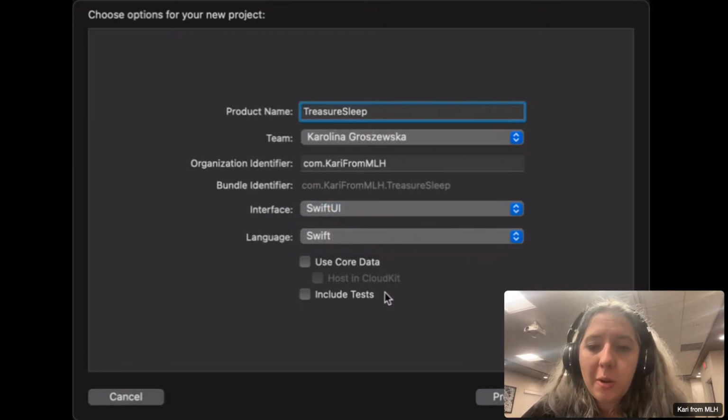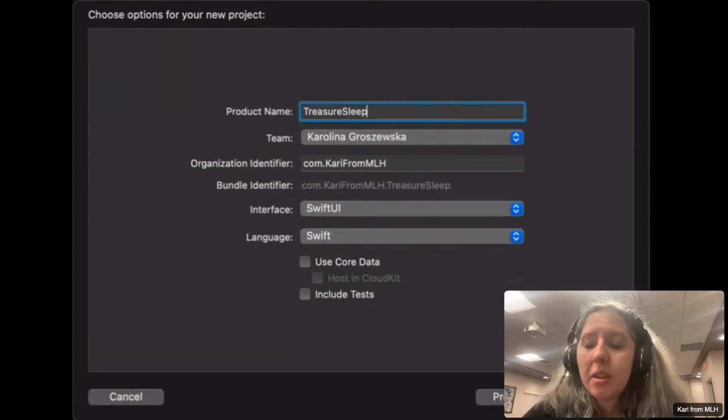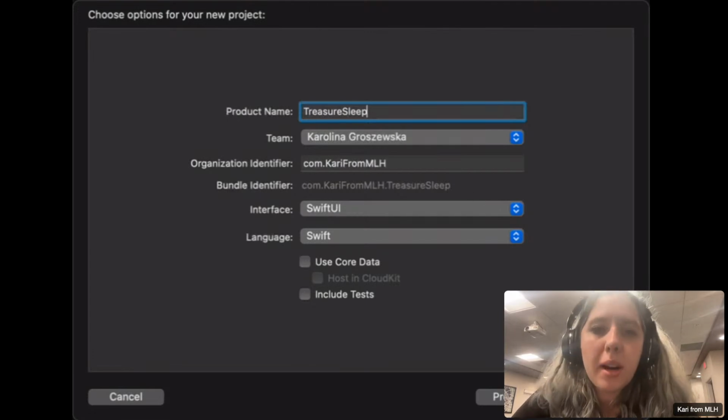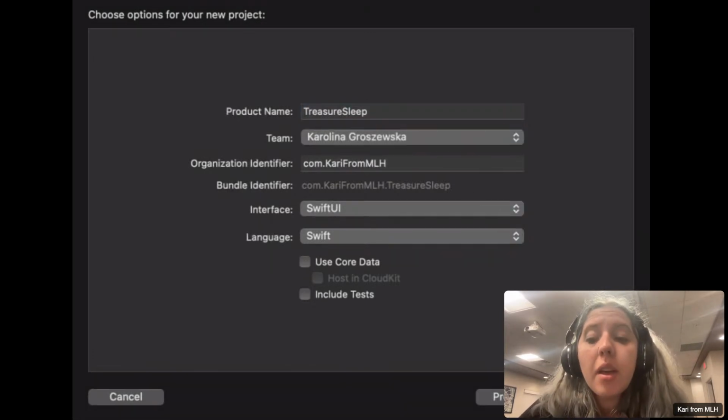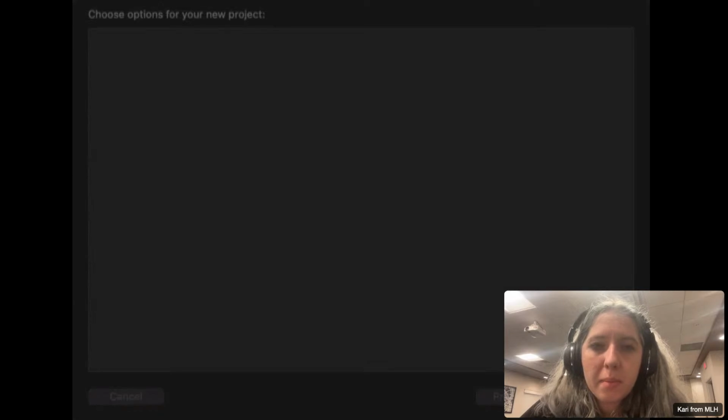No need for Core Data or tests, although if you ever want to chat with me about anything related to one or the other, that's great. And I will also say that in the Intro to AI and ML workshop that I ran in 2 parts over at Global Hack Week, we did actually use Core Data, and you can see some of the differences why, and a ton of really cool things. So we're going to drop this right in MLH here, create the file. Sweet. Got it. And let's see